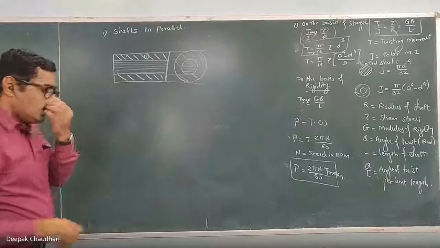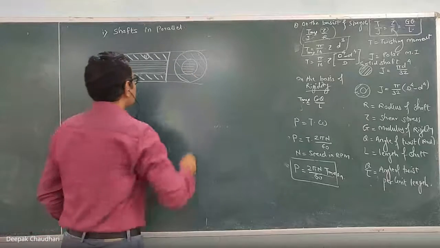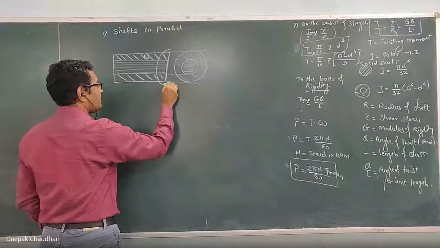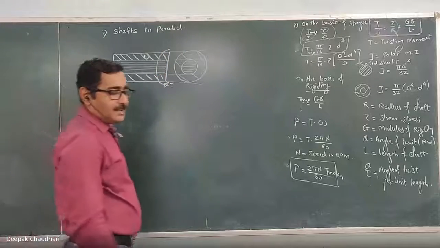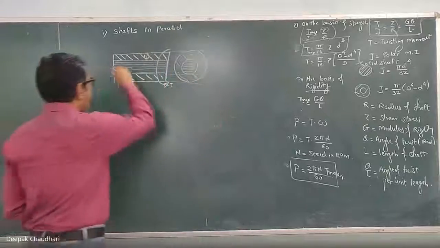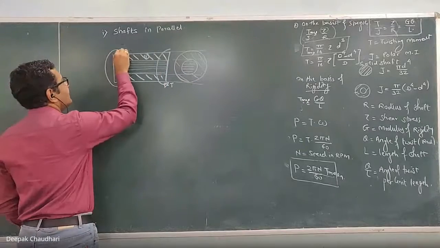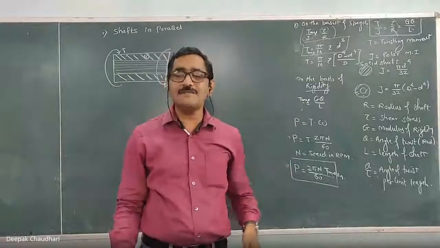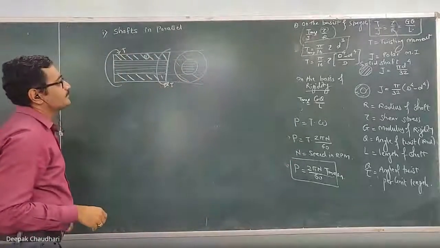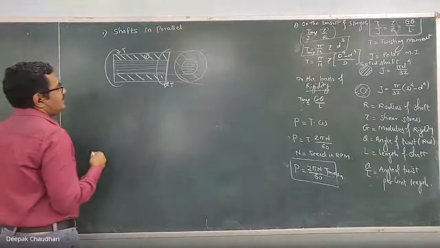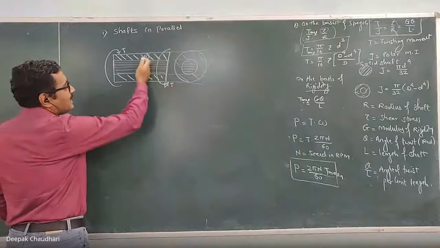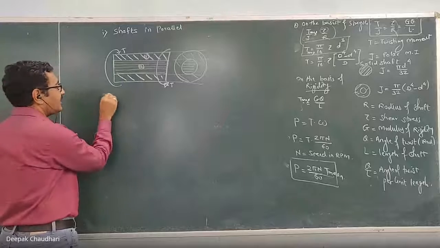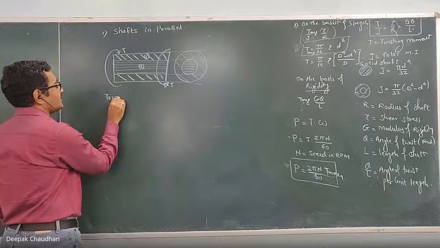Now, when the shaft is subjected to some twisting moment, let at this end the twisting moment or torque applied be T. A similar torque is induced at this end also, or we can say two equal and opposite torques are applied on that shaft. It is T. Now, when the shafts are connected in parallel, how is this applied torque shared? Here, the torque sharing relation.